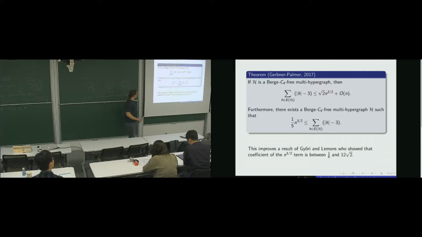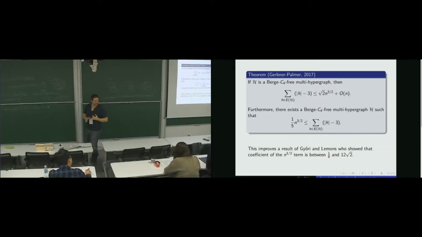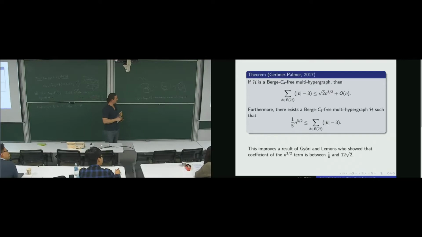I want you to observe two things. First of all, it's closely related simply to the size of the hyperedges, right? If you split the 3 off from that sum, you get the sum of the size of the hyperedges minus 3 times the number of hyperedges, of which we already know something about. So it's related to that one. But the real reason it's put in this format is to answer a slightly different question. Now I'm going to allow multi-hypergraphs, so I allow edges to repeat, and I make no restriction on edge sizes here. If I do those two things simultaneously, if I don't subtract a 3, this question becomes really silly really